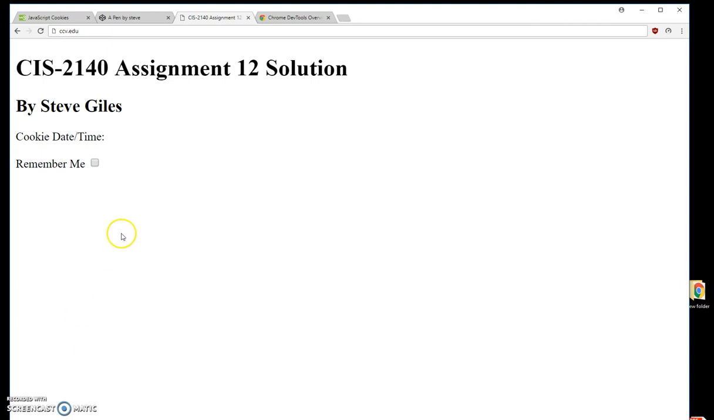Let's talk about Assignment 12 and what I'm looking for from you. In Assignment 12, we're working with the date, time, object, strings, and cookies. So let me show you what my solution looks like for Assignment 12. How you go about implementing this could be totally different than me, but functionally wise, everybody should basically have the